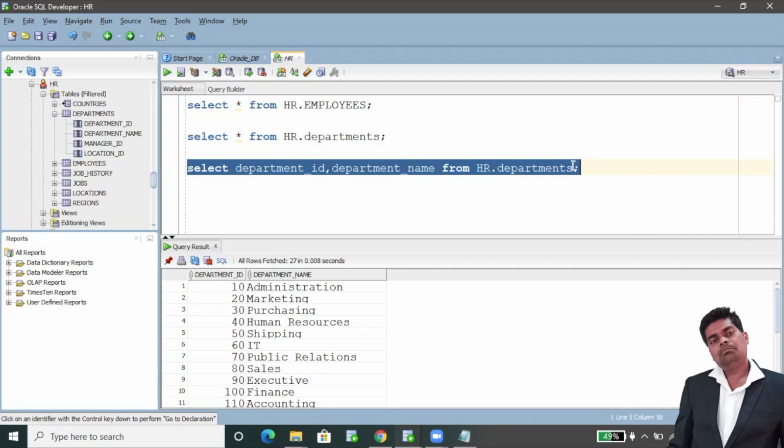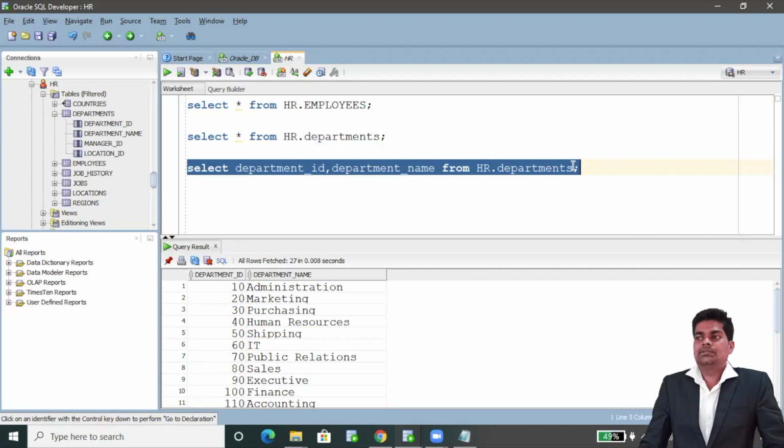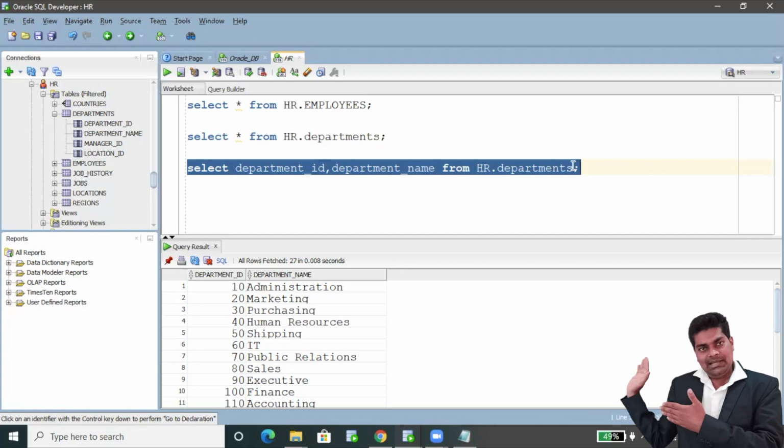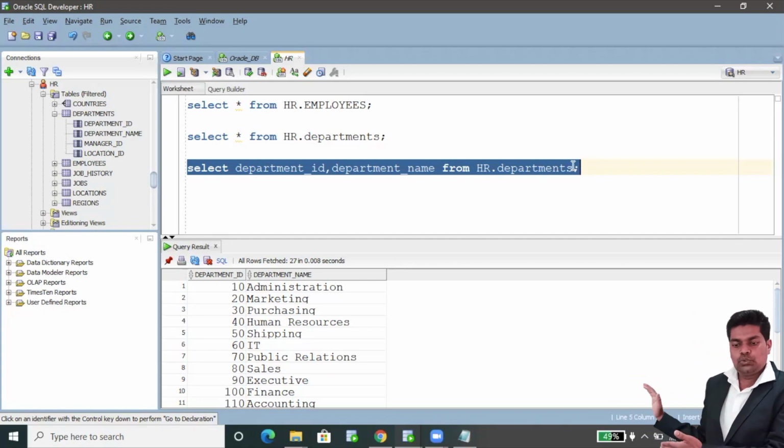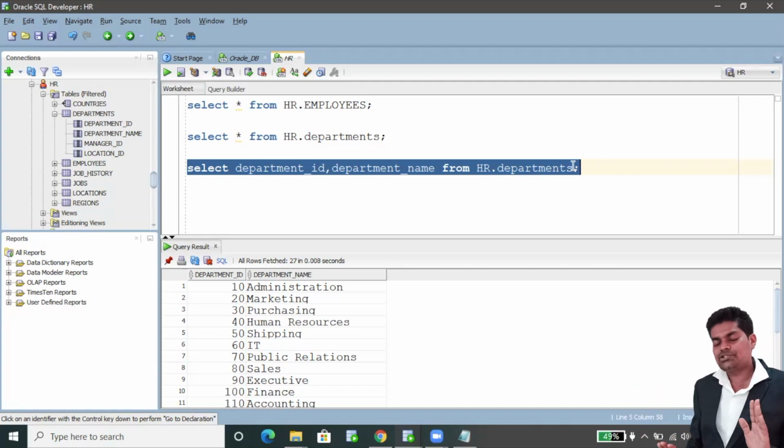Again, there are multiple things like the where clause, min, max, and like keyword. There are many things which we will discuss in upcoming videos, but this was very important. If you are able to run this query and connect successfully your Oracle database with SQL Developer, then you can do everything, friends, trust me.